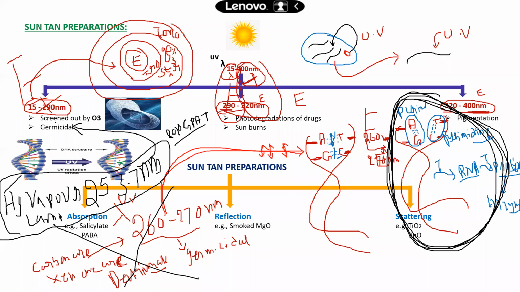253.7 nanometer. Sir, it can emit only a single wavelength? Yes, absolutely, it can emit a single wavelength. That's why it is called monochromatic. Chromo means wavelength, mono means single. That's why a monochromatic wavelength is emitted only by the mercury vapor lamp. So a single wavelength is emitted by which UV lamp?